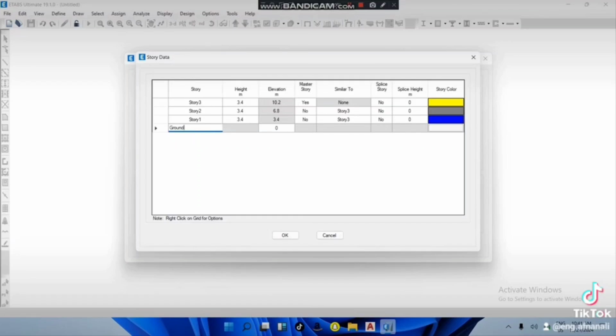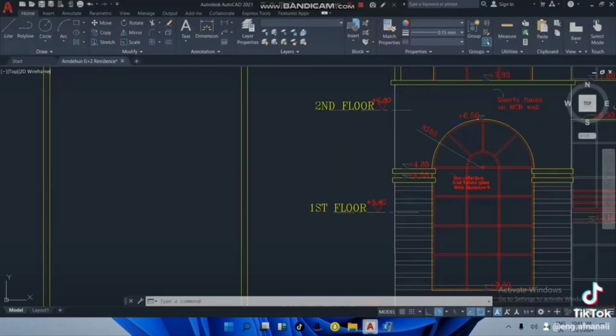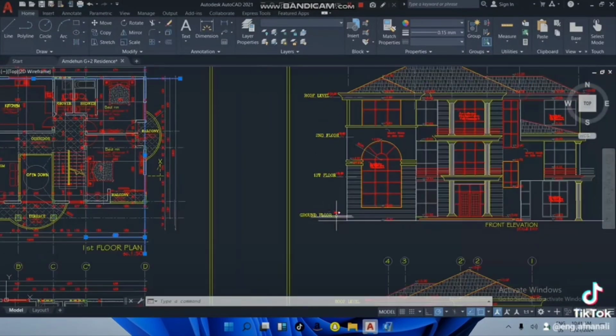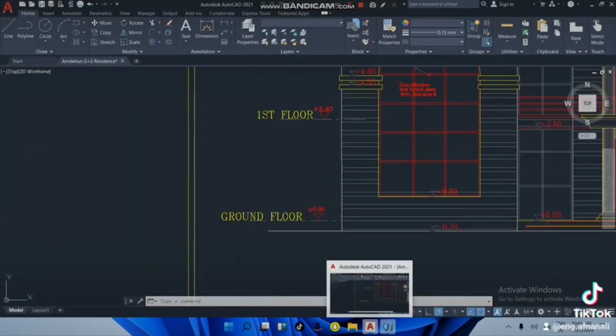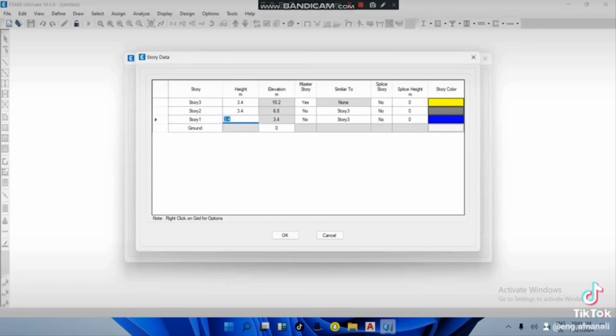So at the end, it will be 10.2. So begin the ground from 0, then 3.4, 3.4, and then at the end 3.4 the last to the roof,